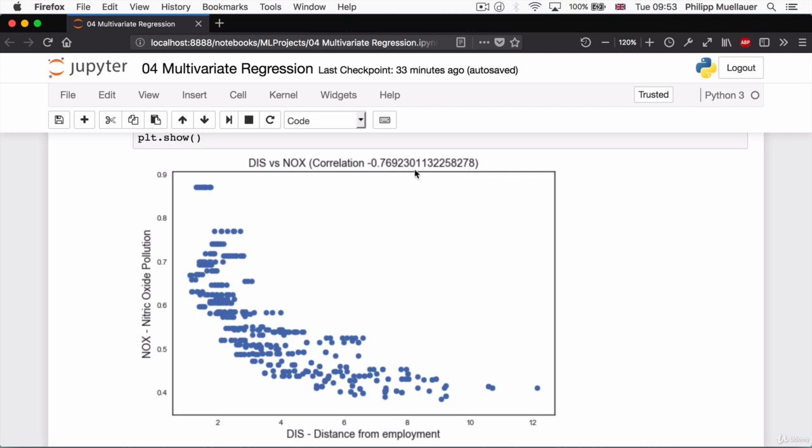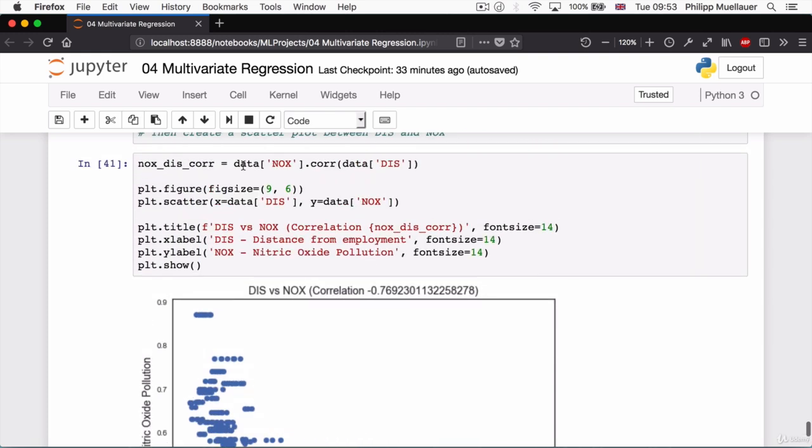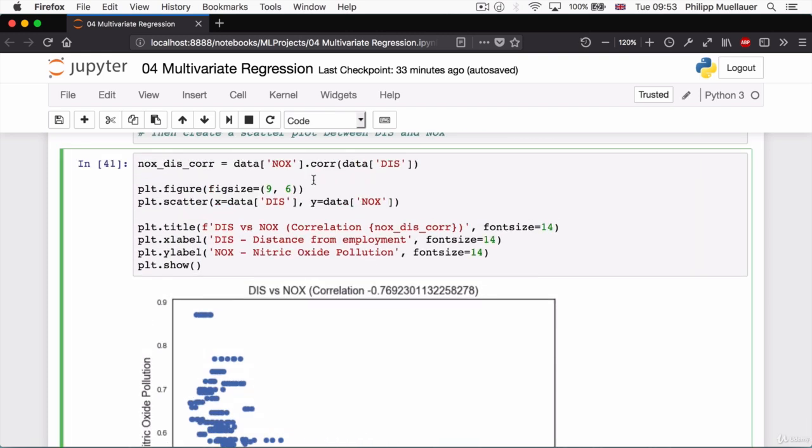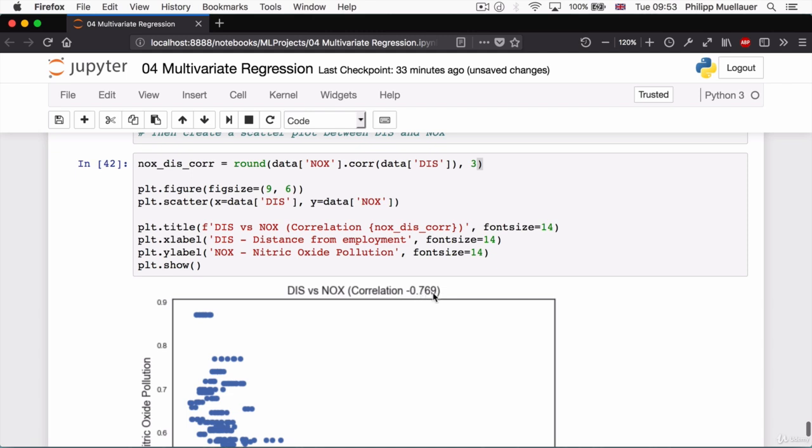It's difficult to read because it's got too many values after the decimal point. So why don't we round it? And we can do this with the Python round function. So I'm going to do it up here where I've actually calculated the correlation. And I'm just going to surround my correlation calculation with this Python function. So round, comma at the end, and then a value for how many decimal places I want to round it to. So I'm going to round it to 3 decimal places and close my parenthesis at the end. And if I press Shift Enter now, it should refresh and we should get something like this. We should get minus